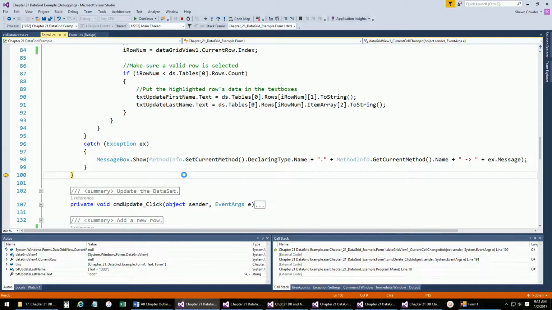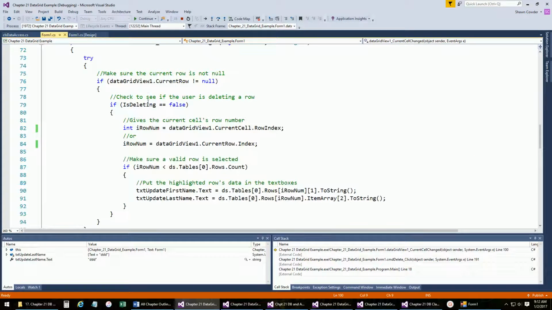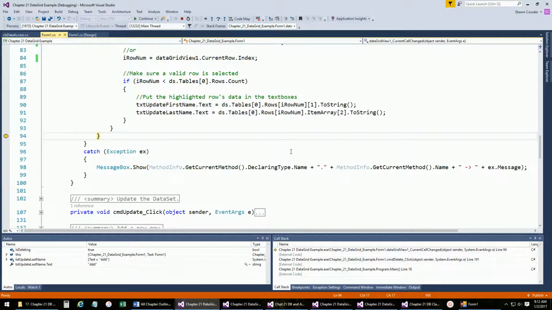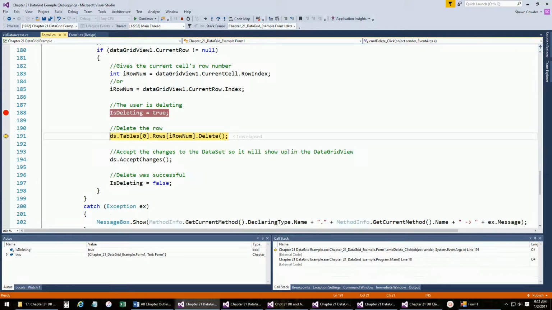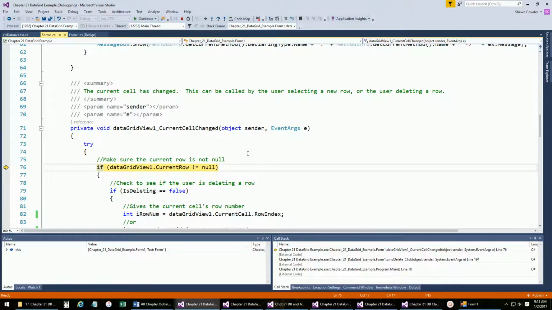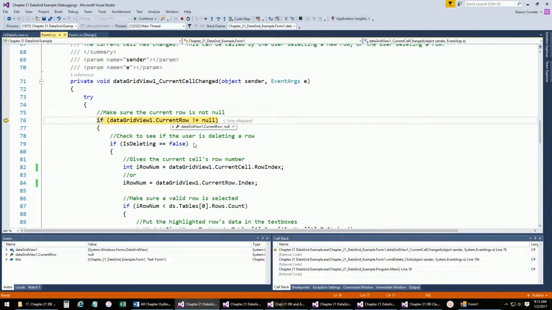And so you'll see, notice now, there was no current row selected. I know this is confusing, but let's F10 through this again. This actually gets called again because nothing is currently highlighted. Now there is a current row, but however we're deleting equals true, so don't do this code. Now watch, it actually then accepts changes. It actually fires this again for us because now one has been selected,